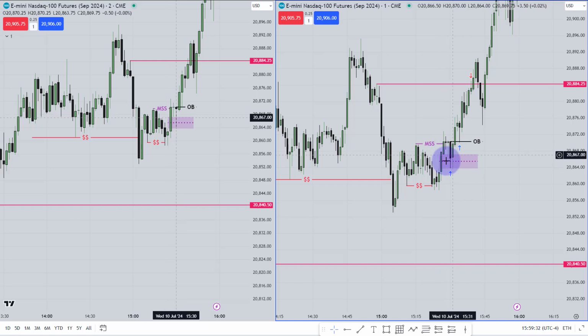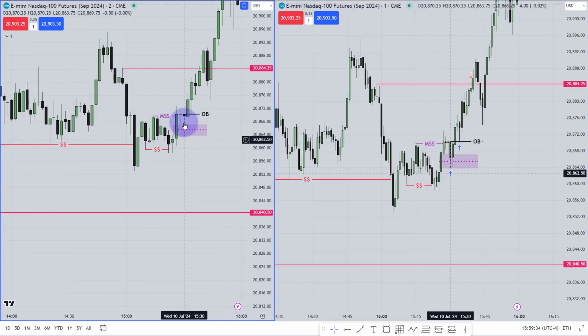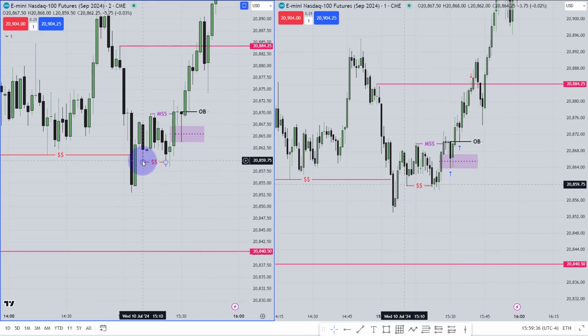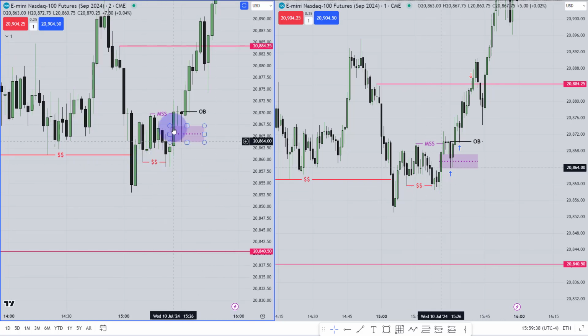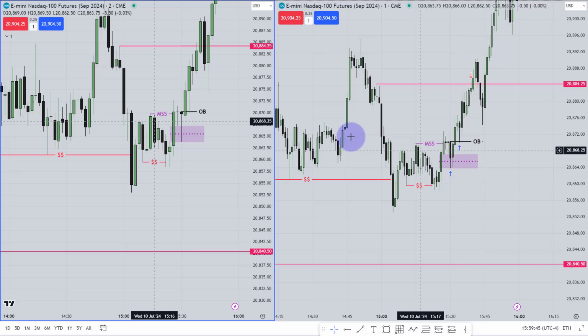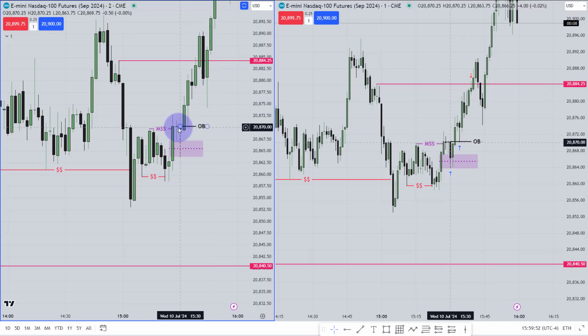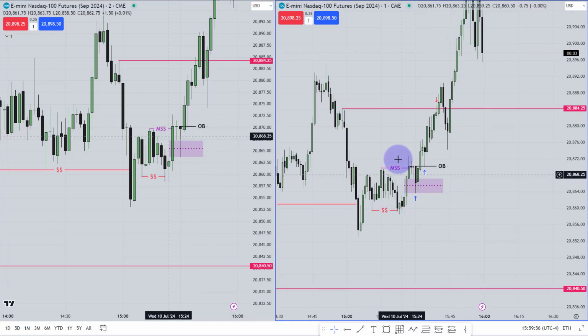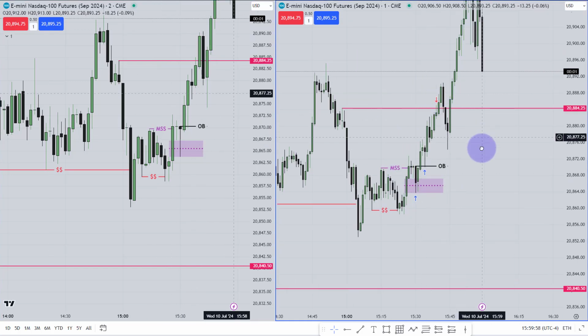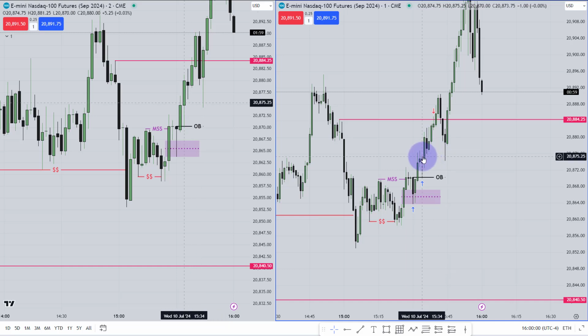Now, whether this entry is valid or not, it was confirmed from the 2-minute chart. From the 2-minute chart, you can see perfectly the market has taken this liquidity, then a market structure shift over there. There was a fair value gap over here on the 2-minute chart. So 1-minute chart fair value gap, 2-minute chart fair value gap, 1-minute chart setup, 2-minute chart setup. Everything was perfect. This is the 2-minute order block. You can see the market tapped to this 2-minute order block as well, then expanded higher. The market went higher, hit my target profit, then it came back again to that unfilled area.